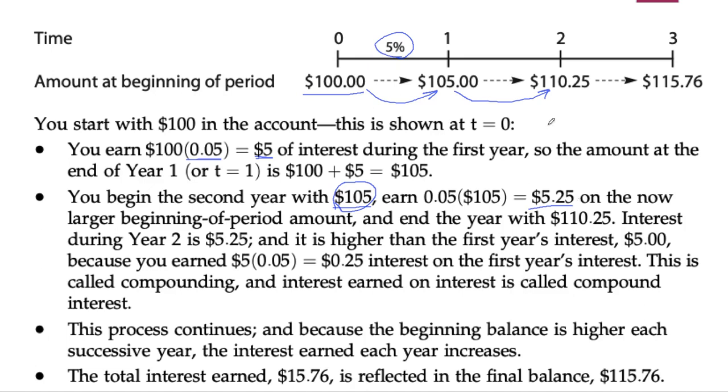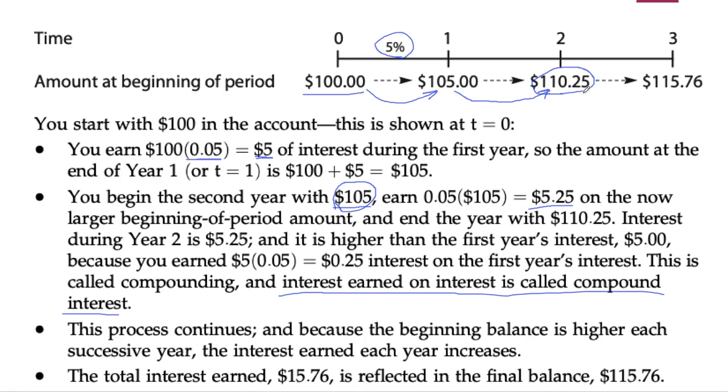So this is called compounding, and interest earned on interest is called compound interest here. As you see, we have earned this $5, but now we have one more interest applying, as compound interest. So this process continues, and because the beginning balance is higher each time, for example, here the beginning balance becomes